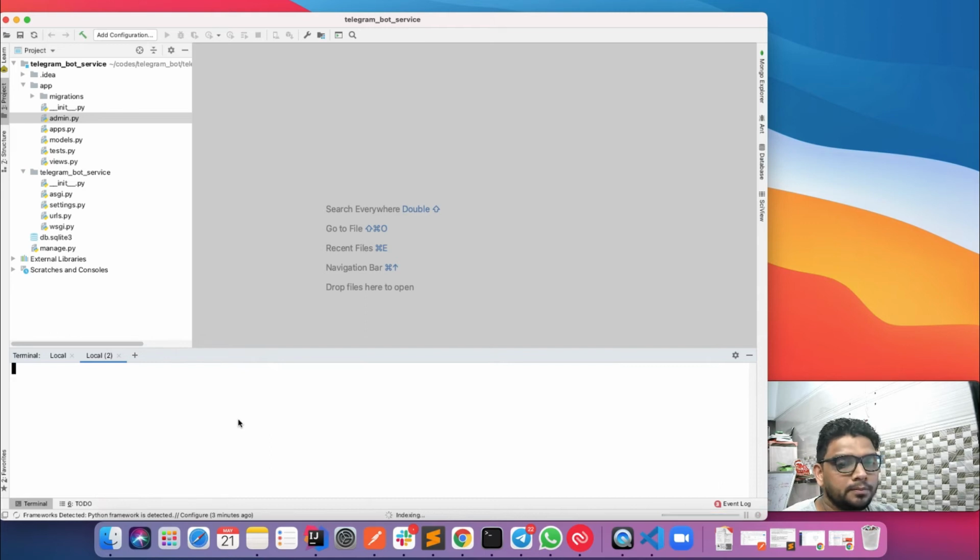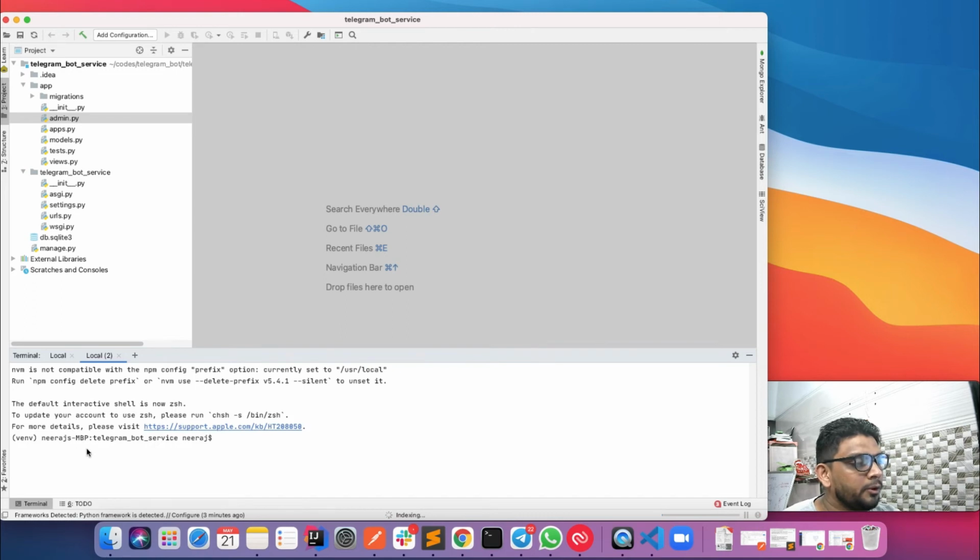So when you open the shell after attaching the environment, just observe that this virtual environment is activated by default. If I run the command which python, it will automatically show my Telegram bot env.